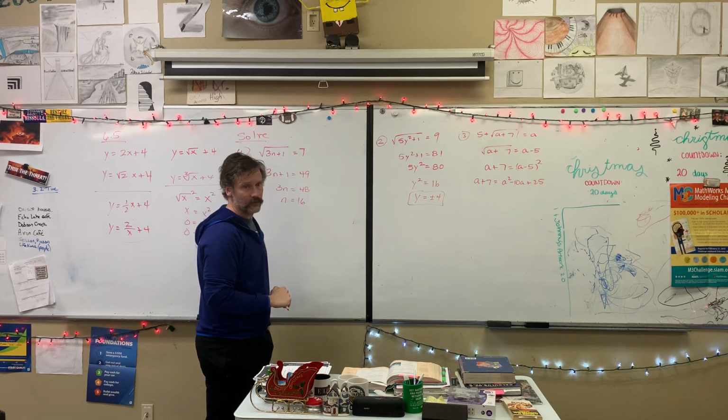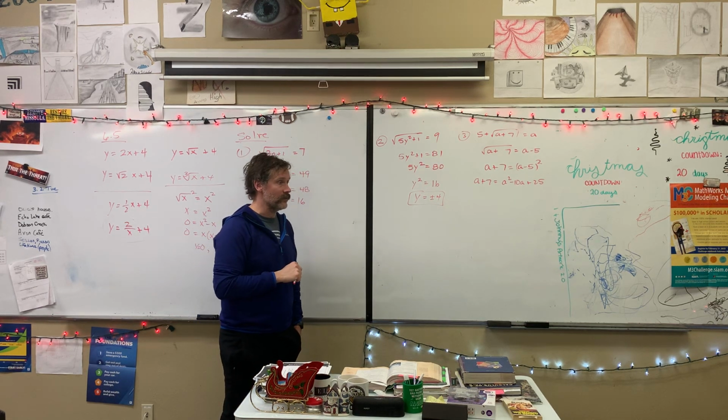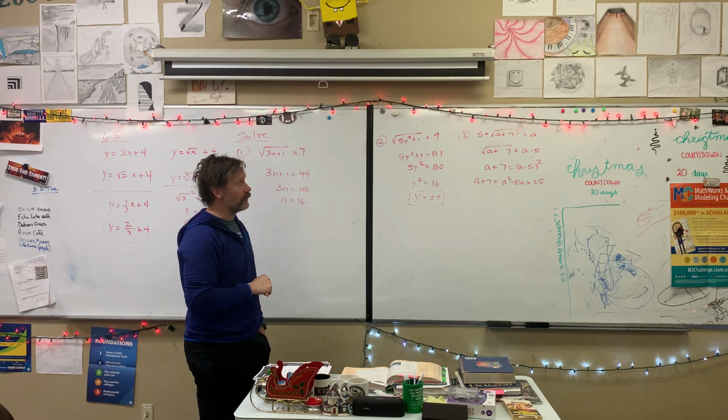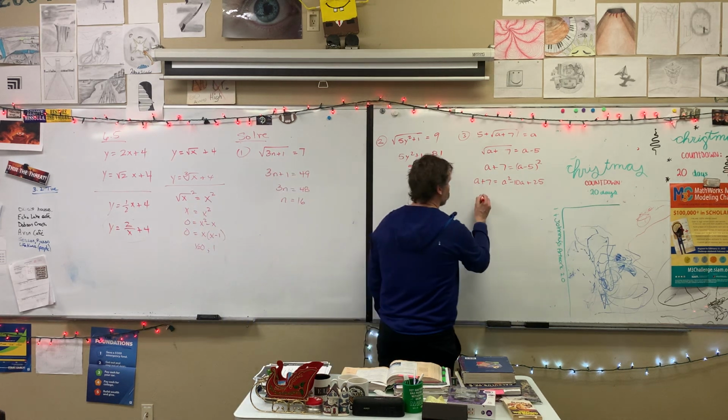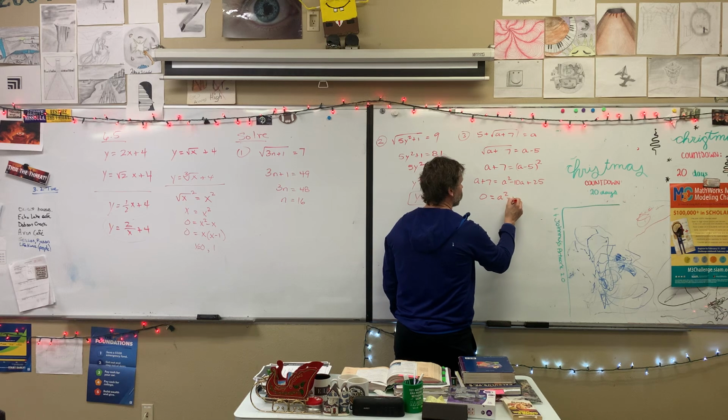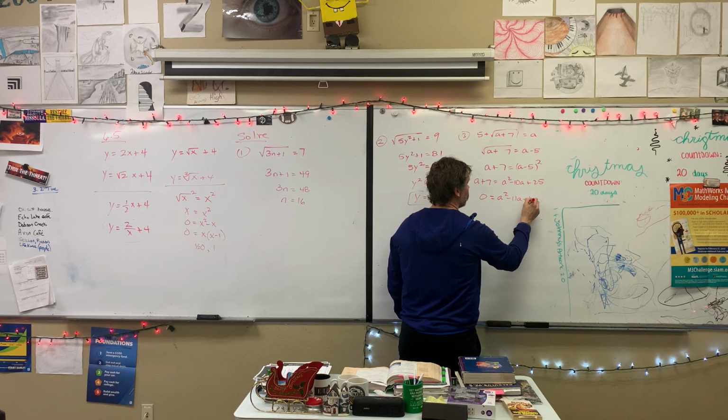If you're not up to speed on your foiling, just FOIL it out and you'll be fine, you'll get there. Now, this looks like a polynomial equation. There are 3 steps to solving a polynomial equation with factoring. Step 1, set it equal to 0. So you have 0 equals a squared minus 11a minus 18